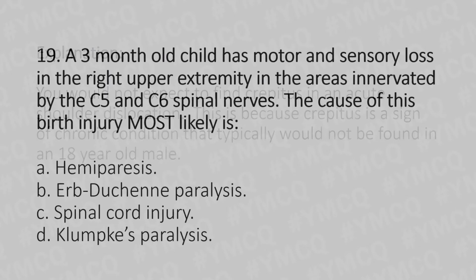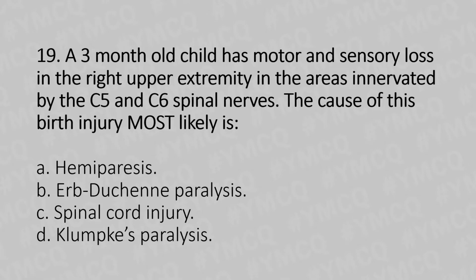Moving to our 19th question. A 3-month-old child has motor and sensory loss in the right upper extremity in the areas innervated by C5, C6 spinal nerves. The cause of this birth injury most likely is Option A, hemiparesis. Option B, Erb-Duchenne paralysis. Option C, spinal cord injury. Option D, Klumpke palsy. And the answer is